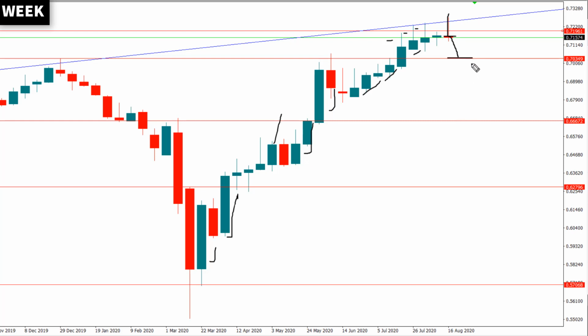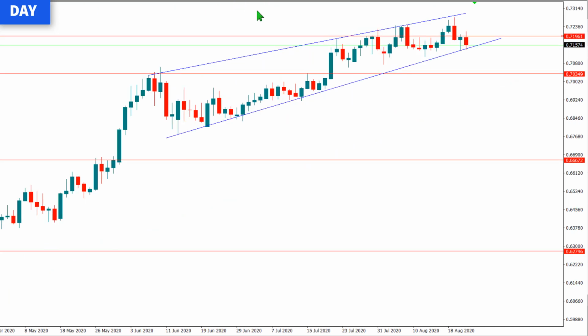0.70349. And if the bulls fail to defend this key level structure, which was a resistance right here as well as a resistance right here, then don't be surprised, the next key level structure the bears have a high tendency to head to is the key level structure of 0.6672. So next week, the Australian dollar paired against the USD is on my watch list. I want to see what the bulls and the bears have to get done at this medium key level structure of 0.71961